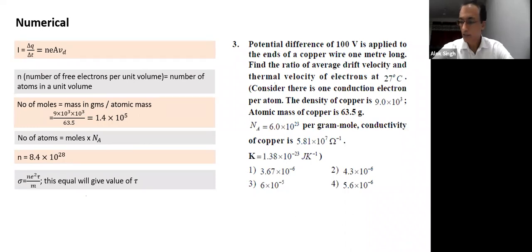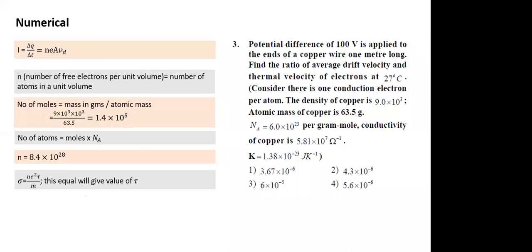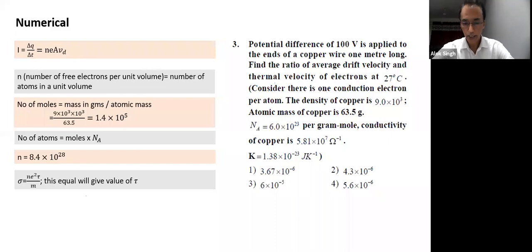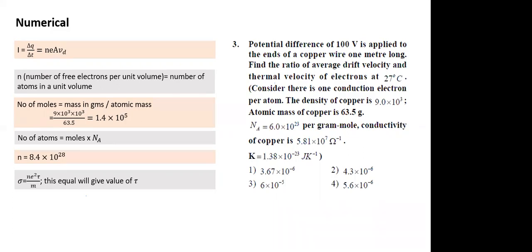Sir, the value of N depends on the temperature, right? In case of a conductor at room temperature, all the valence electrons have already become free. So there are no more valence electrons to be freed up in a conductor at room temperature. So N becomes constant for a conductor. Does it make sense why N becomes constant? Yes, sir. But what if an atom has more than one valence electron in the outermost shell?